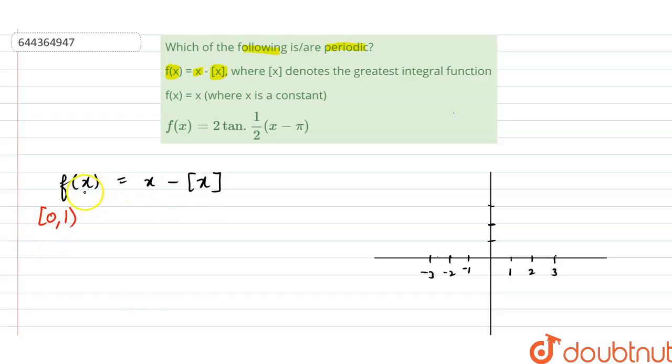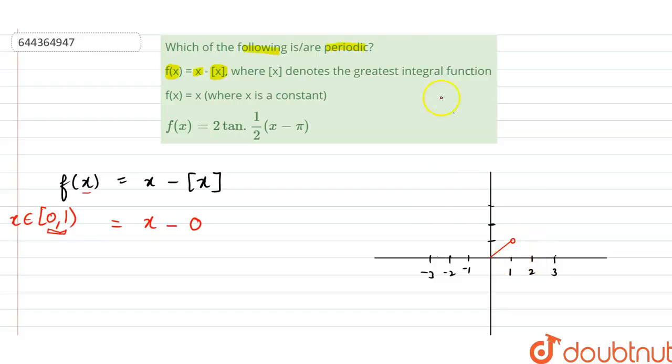Then this function f of x for these values, that is x belonging to this interval, we know greatest integer function will make all the values in this interval equal to 0, and we will have then x minus 0, and x is also varying from 0 to 1. So the graph for the function should be a straight line graph passing through origin, and it should be void at the point x is equals to 1,